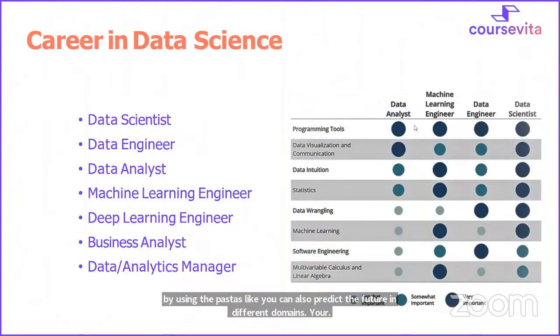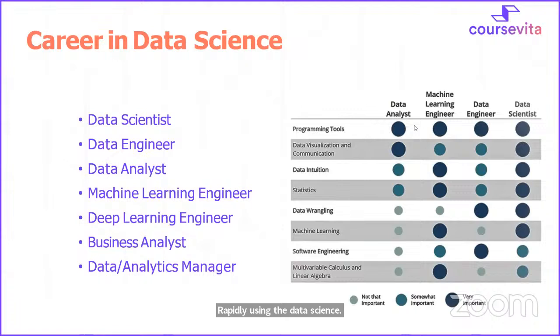So again, careers, what you can do. Just now I told you what the life cycle of data science is. In the life cycle, we can understand that you can choose different domains based on your own skills. Let's say if you want to be a pro in data science, that's a data scientist.